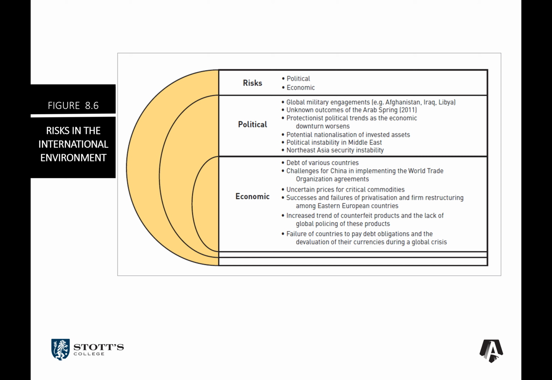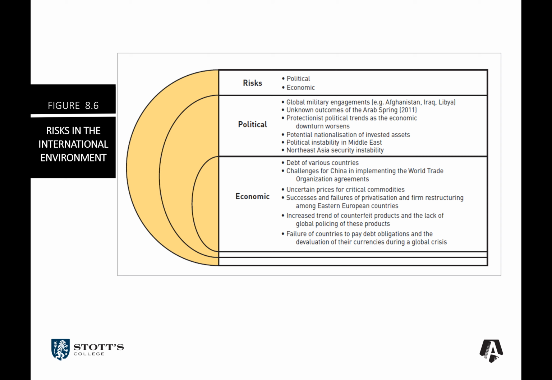In economic terms, we have rising or incompatible debt and perceptions of debt. We've got the challenges that China is facing implementing World Trade Organization agreements, and also perceptions of the challenges that it's facing. Uncertain prices of commodities. We've seen dramatic fluctuations, for example, in oil just recently, that may put the US shale oil producers out of business, because the cost of producing shale oil is far higher than the cost of producing oil from normal drilling areas. So if you don't have a high price for oil, where's the financial benefit? That's why we've seen negative prices for oil in the market just recently.